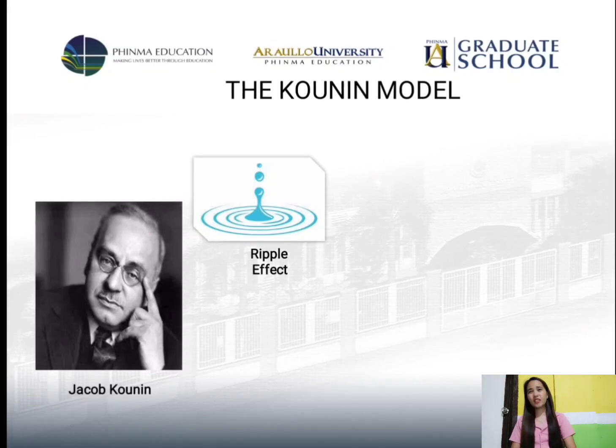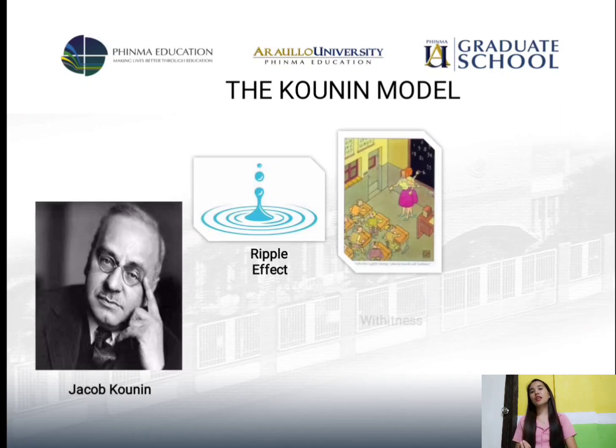The second one is vividness. It is a term by Koenen, and it describes the need for the teacher to be aware of what is happening in all parts of the classroom. It is also known as the teacher having eyes on her back, okay? Because she knows what is happening inside the classroom even though she is facing the blackboard or the screen or whatsoever. Students must know that the teacher knows what is happening in the room.